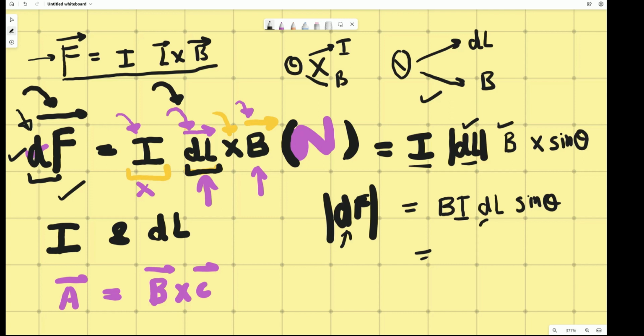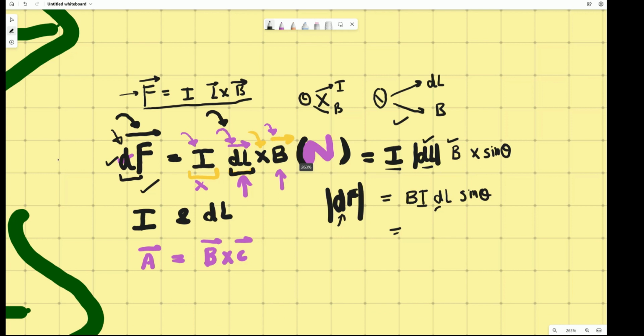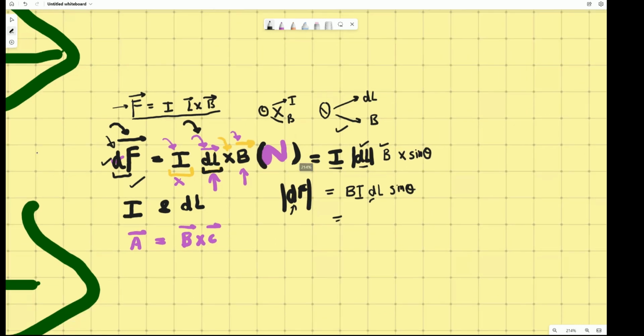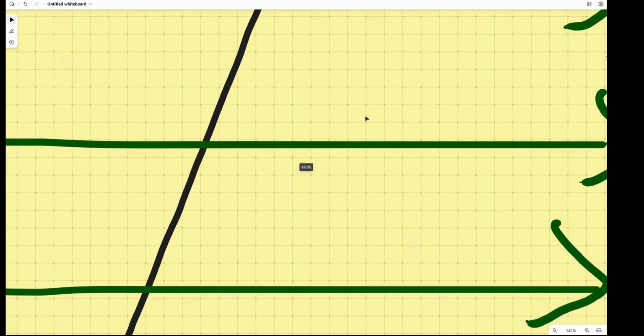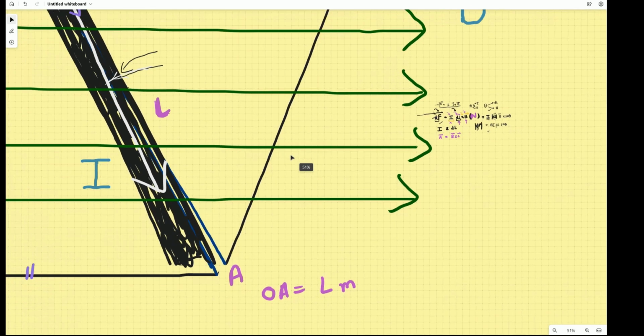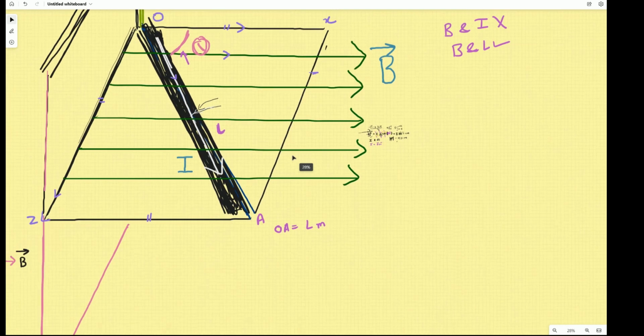And if you go back to this question and you have to calculate the force when it is parallel and when it is perpendicular, right? So let's see the two situations, why it happens the way it happens, and we will be able to relate to the expression. So if you see this particular situation in front of you, if you keep this wire,